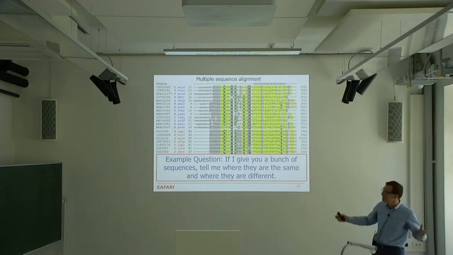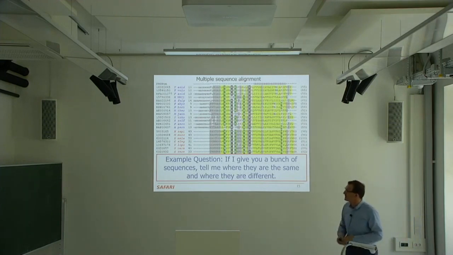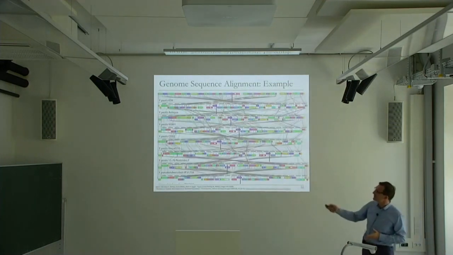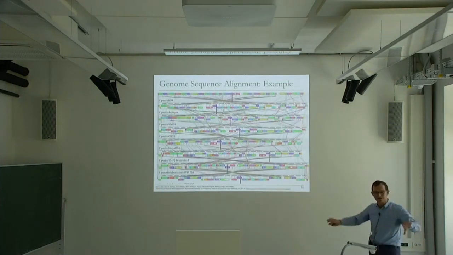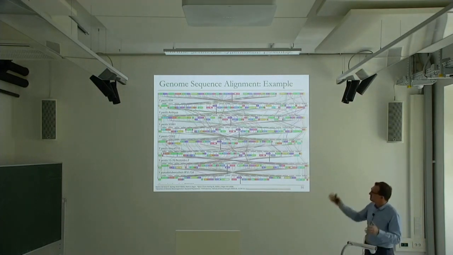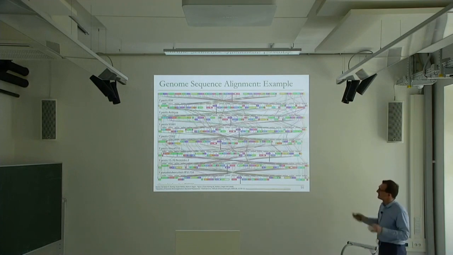This could be used for many, many purposes, like discovery of different species, how close they are to each other. This is one example of different bacteria, for example, how people use it to classify different species from each other. And you can read a lot of interesting papers related to this.